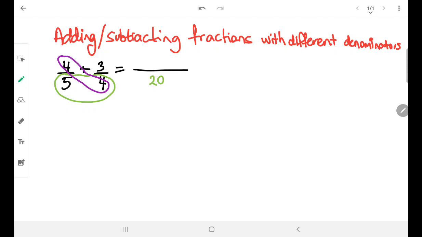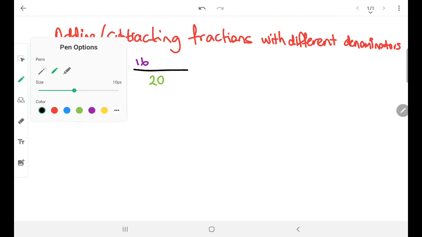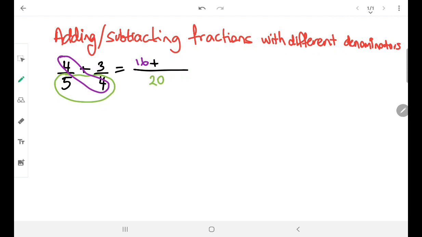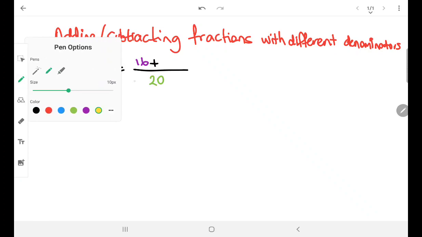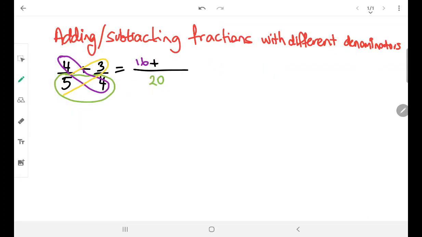So we're going in a diagonal here. So that's our second step. So 4 times 4 is 16. And our third step is going to be multiplying 5 by 3. So if I just circle that, I'm just going diagonal like that, and that's going to be equal to